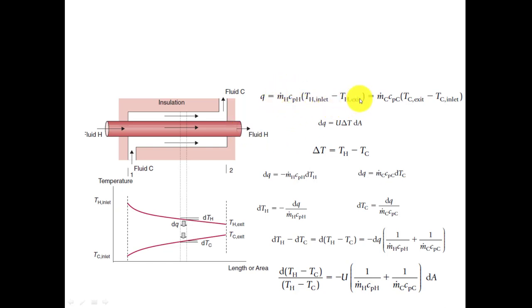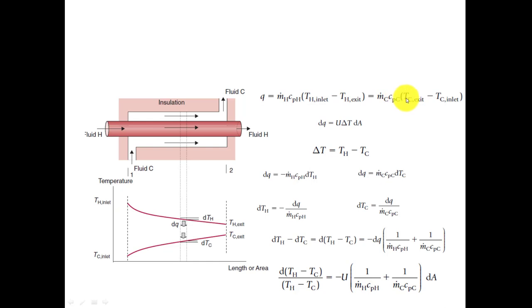So this value is giving the amount of heat that has been dissipated, or this much amount of heat will be lost by the hot fluid, and it will be equal to the amount of heat received by the cold fluid, and that can be given by